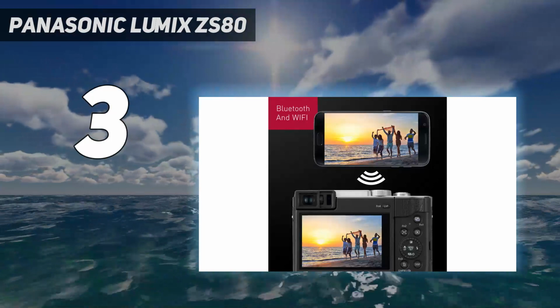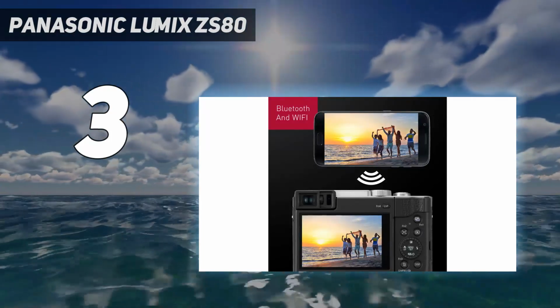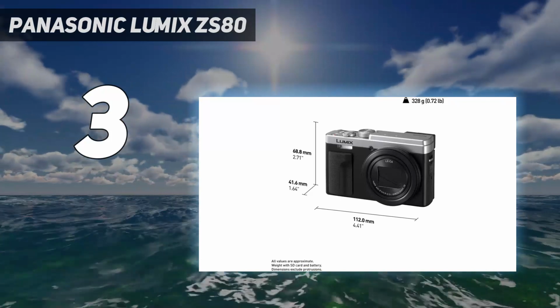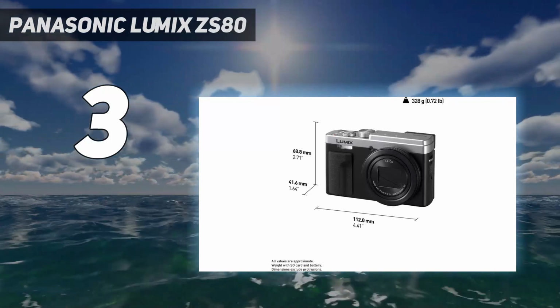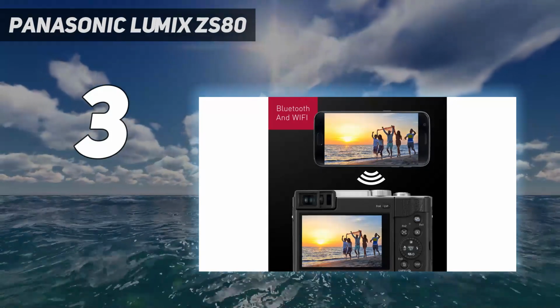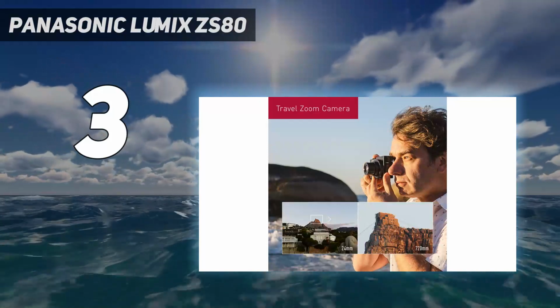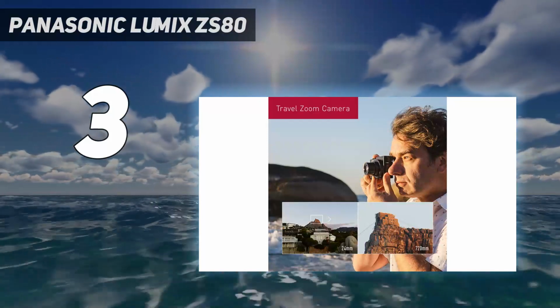can buy. It has an enormous 30x zoom equivalent to 24 to 720 mm, and even when fully zoomed in, the picture quality isn't bad, and built-in image stabilization helps with camera shake. If you're a keen traveler, the combination of a massive zoom, petite body, and Wi-Fi capabilities will make this camera